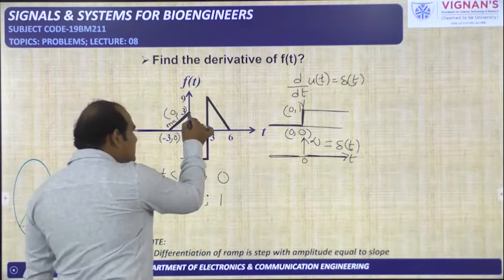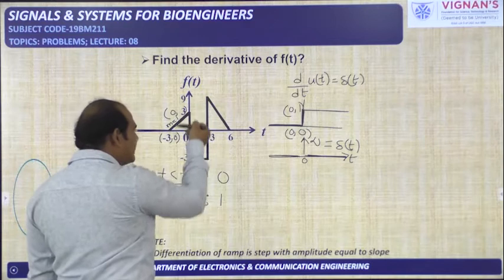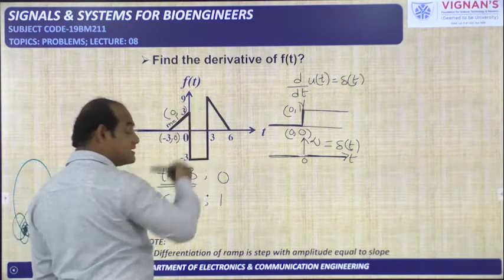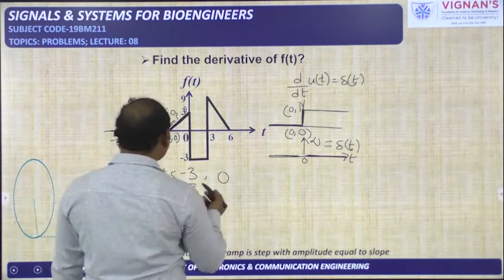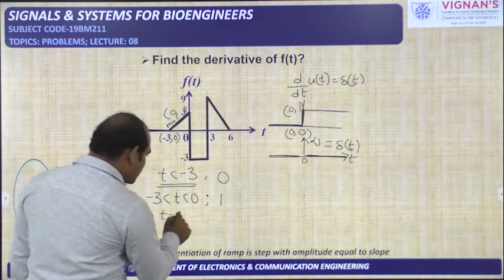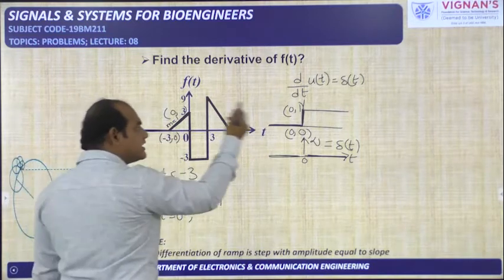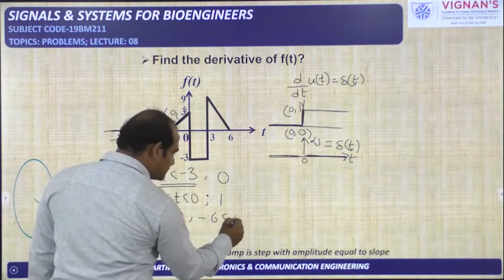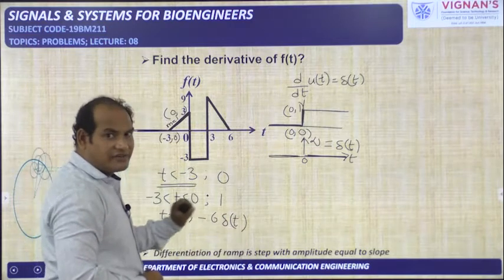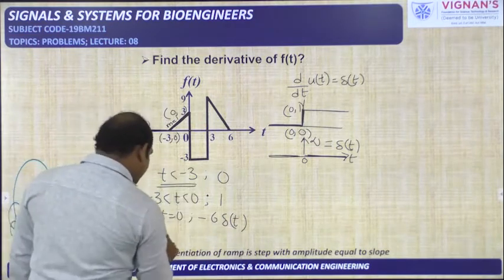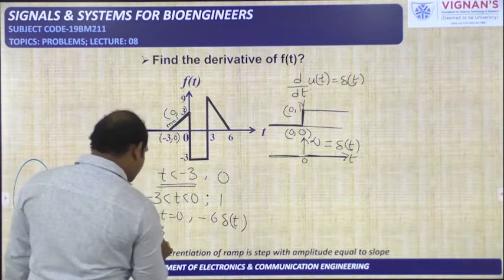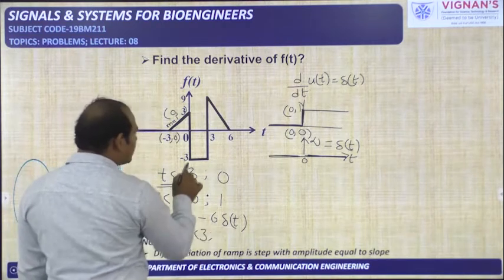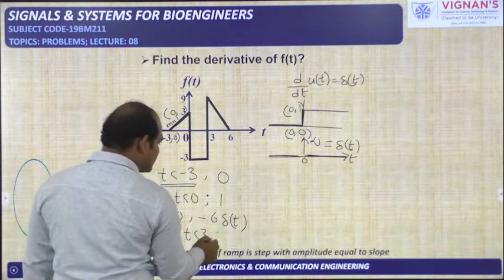Now this is also a discontinuity, but the amplitude is changing from 3 to minus 3. So the final value is minus 3, the initial value is 3. So minus 3 minus 3 means we get minus 6, exactly at t equal to 0. The derivative of the discontinuity is an impulse signal with an amplitude of minus 6, that is minus 6 into del of t. Here I am writing the derivative. Next, when t changes from 0 to 3, the amplitude is minus 3, a constant, so the derivative is 0.